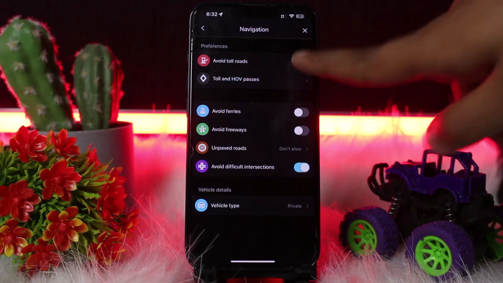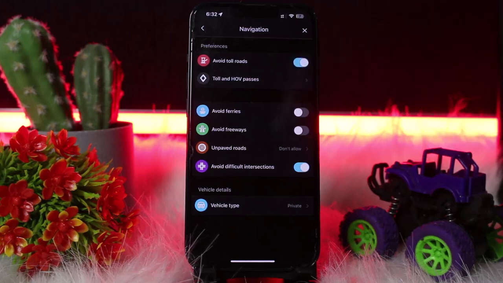So you need to simply toggle on the option of avoid toll roads. So after toggling on the avoid toll roads option, you will be able to avoid the toll roads on the Waze app. So that's it. That's how you can avoid tolls